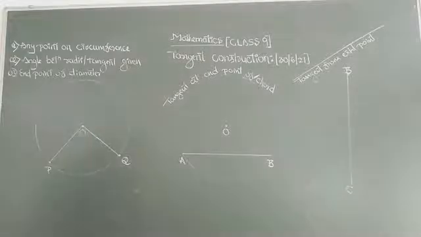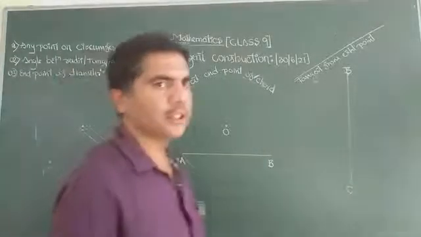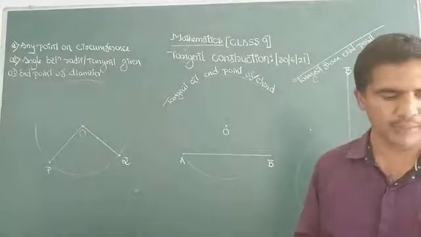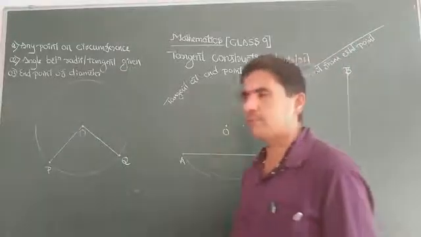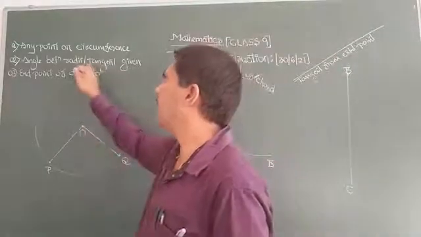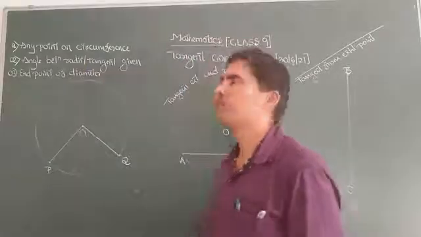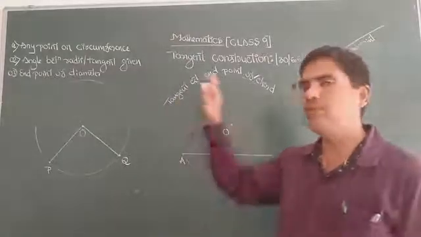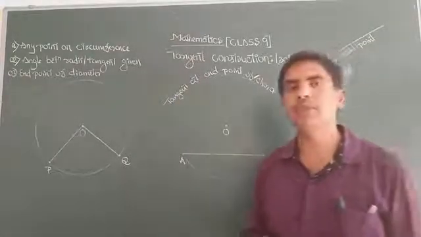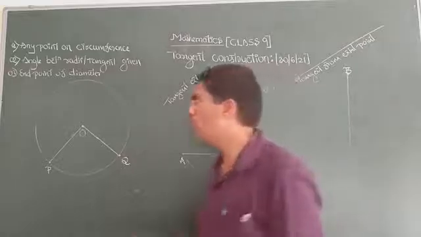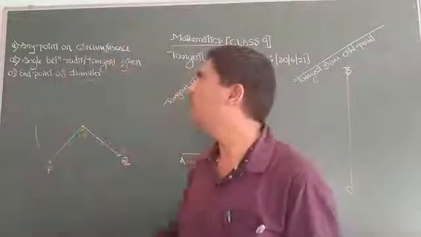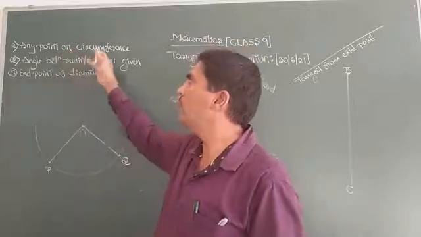In today's class, I am revising the construction of tangents to circles. How to construct tangent to circles from a point on circumference when angle between radii or angle between tangents are given. How to construct tangents to the end points of the diameter. All these things have been done for you. It's just a revision for you. So how to construct a tangent whenever angle between radii is given? This is very similar to construction of tangent at any point of circumference.